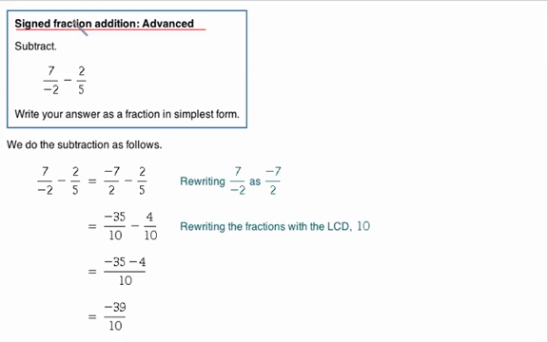Okay, this topic is signed fraction addition, advanced. Here we've got a subtraction problem. And fractions, we all love fractions, right? Not. So we just need to work through this, and there's a few things that sometimes these ALEKS explanations leave